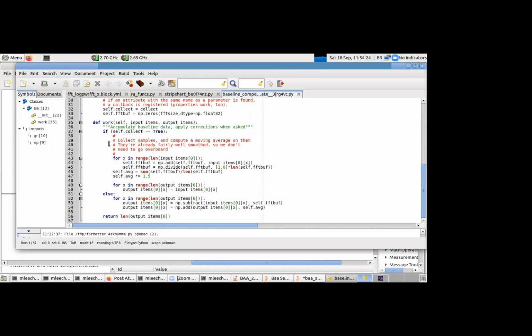So if we are in baseline correction mode, then what we're going to do is take the input items and subtract out the baseline that we have previously collected and averaged and smoothed. That will have the effect of any of the ripples in the baseline or spectral artifacts, basically anything that's in the current spectral baseline, getting subtracted out of the dynamic spectrum that's going through it, which of course will yield some zeros, which we'd rather not